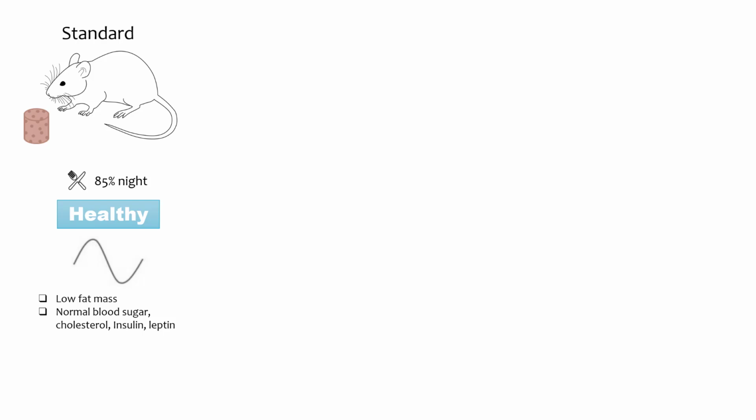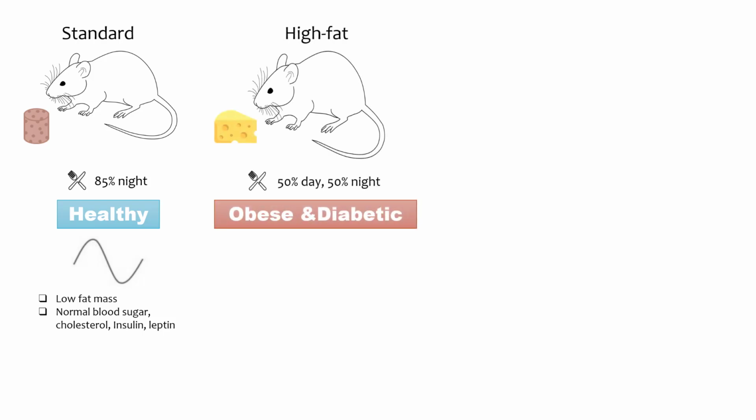The expression of many genes encoding key metabolic regulators have robust circadian rhythms in mice fed a normal diet ad libitum, which is a term for always available. Under these conditions, the mice consume about 85% of their calories at night, which is their active period. However, mice fed a high-fat diet ad libitum eat throughout the day and night, become obese, and have damped rhythms